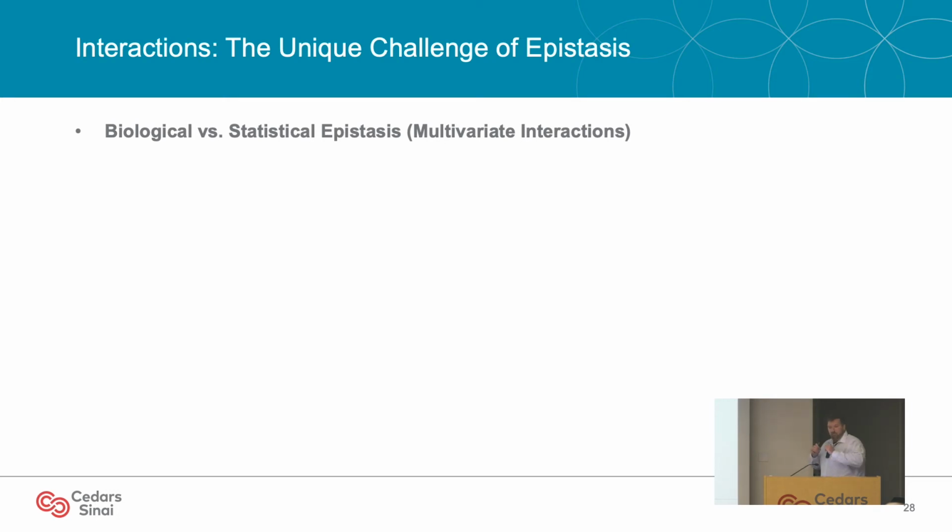Let's dive a little bit more into epistasis, interactions. First off, there is a distinction between biological epistasis and statistical epistasis. Biological epistasis really refers to physical interactions between biomolecules, right? But statistical epistasis is referring to the epistatic interaction, the interaction effect we observe from data. And notably, observing a statistical interaction doesn't actually necessarily mean there's a physical interaction. You can have one without the other.